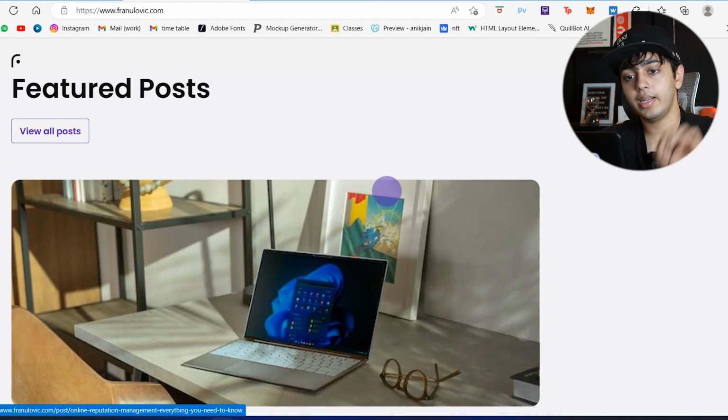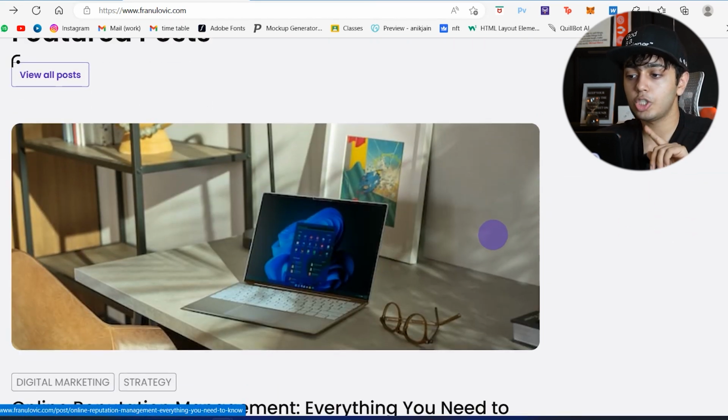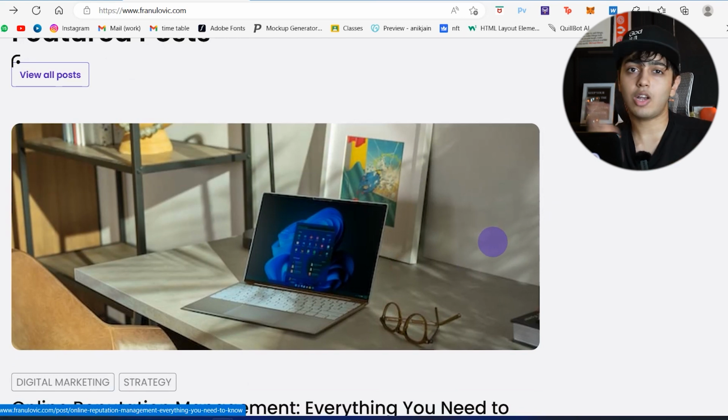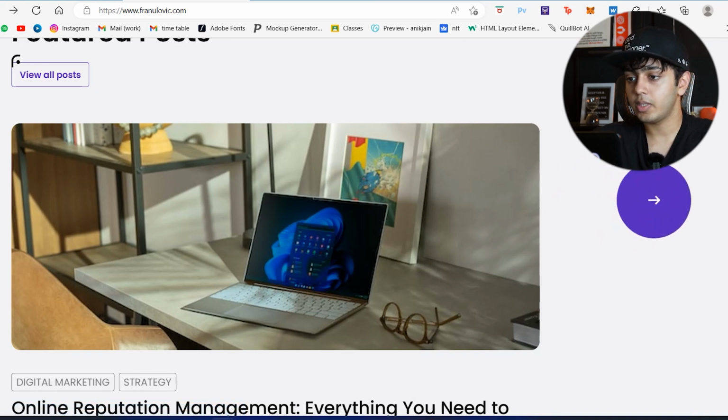But one thing which I didn't really like is how this page is looking, because the image is towards the left. Maybe I would have preferred it in the center, because this is a website, and it would be better if it was in the center. There is this white space right here which, oh well,